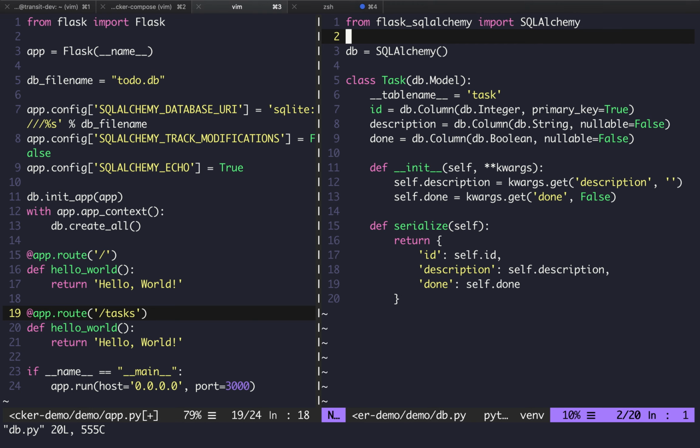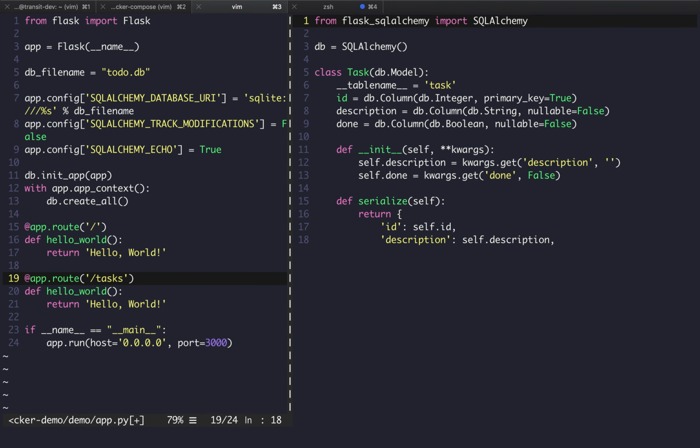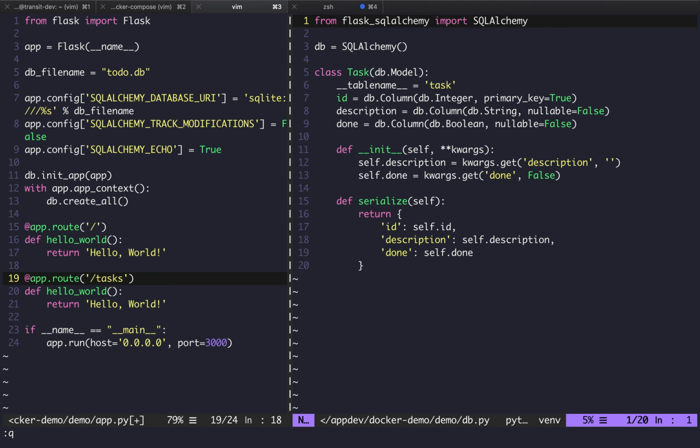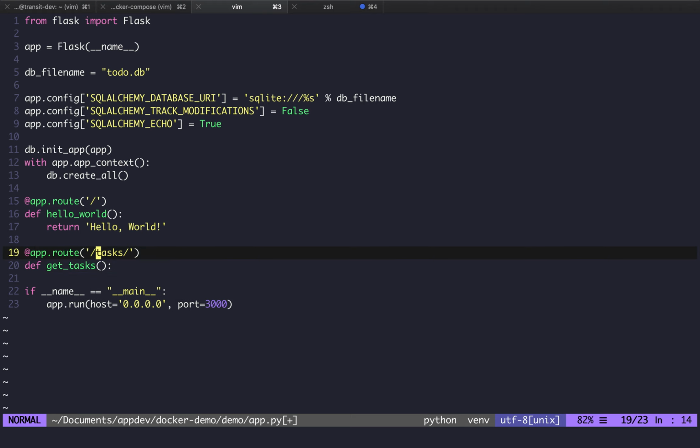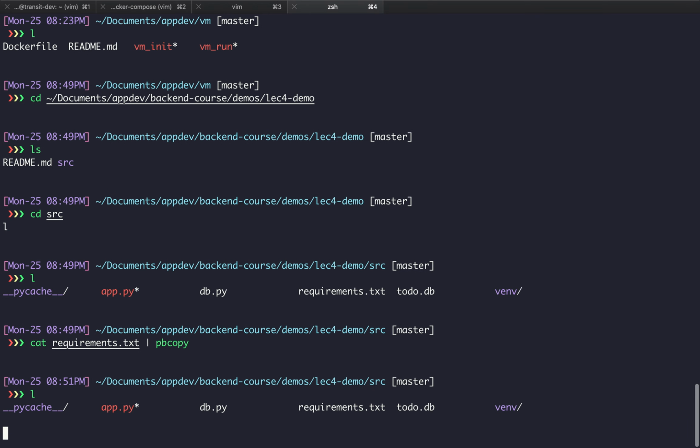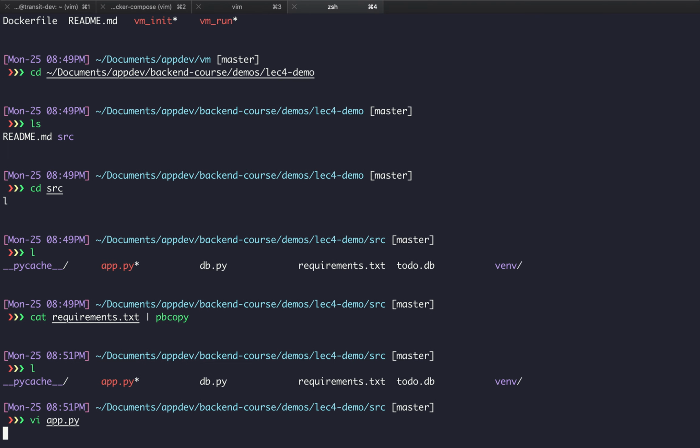So this is my db.py file, just a task class from last time. This will be just called get tasks. And I'm just going to return, or actually I'll just do, all right, one second. I'm going to refer to Megan's demo.